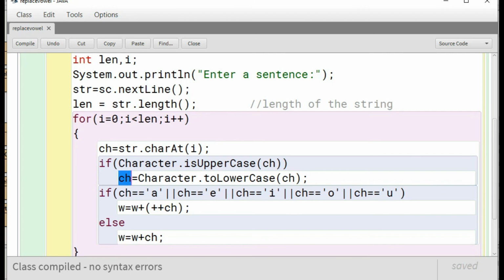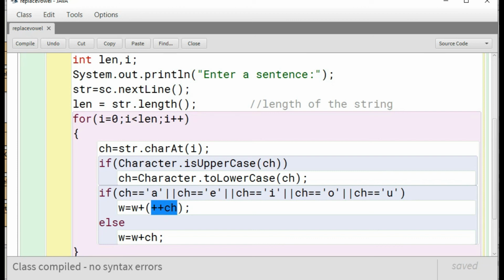Then we are checking whether the character is a vowel or not. If it is a vowel, then we are incrementing the character. So if it is A, then the character becomes B. If it is E, then it becomes F. If it is I, then it becomes J. So if the extracted character is a vowel, it is incremented by 1.